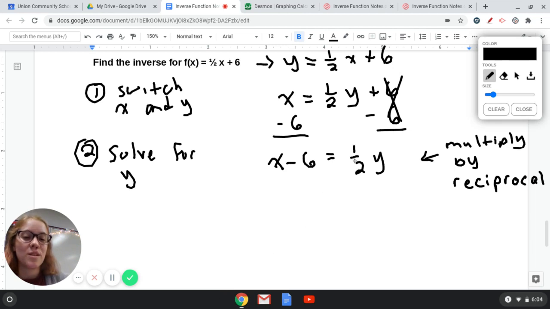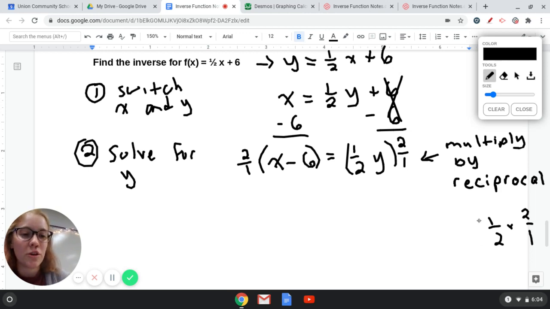So 1/2, the reciprocal would be 2/1. So we're going to multiply both sides by 2/1, which you might say, Ms. Anton, that's just 2. If I have 2 whole pizzas, I have 2 pizza. 2 ones is 2. You're right. So what happens? I'm going to do a side note. When you do 1/2 times 2/1,